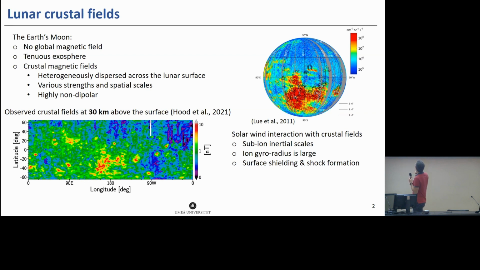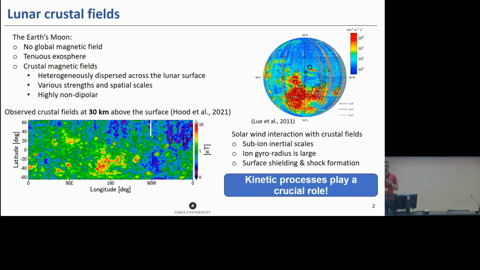Here on this picture, which is quite old, almost 10, 12 years old, from Chandrayaan observation, it shows the flux of solar wind protons that are coming off from the lunar surface, and that's the background color. And the lines show the strength of the crustal fields. You can see there is a correlation between the highest strength of crustal fields, this is the lunar far side, and the plasma,